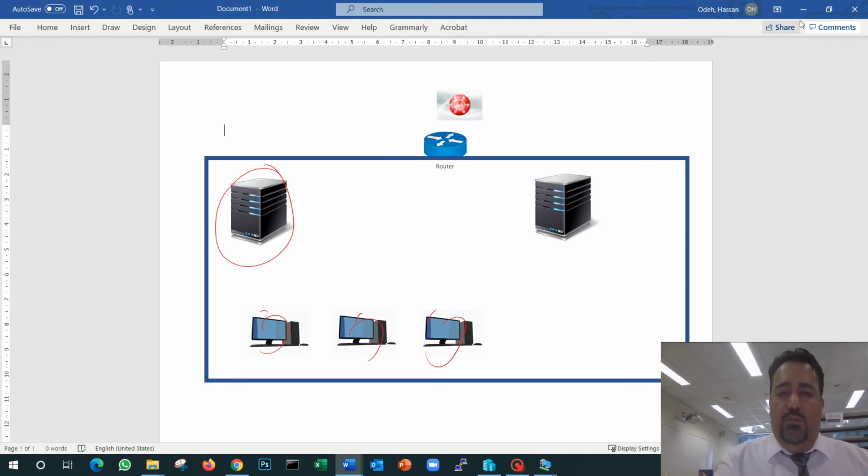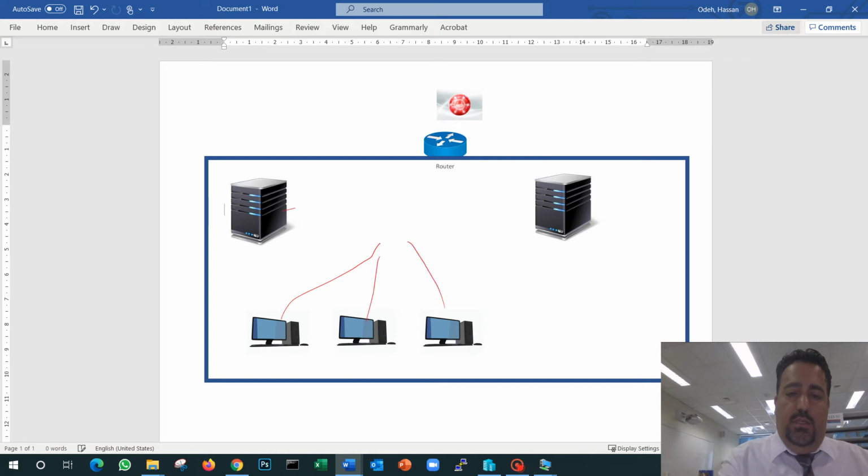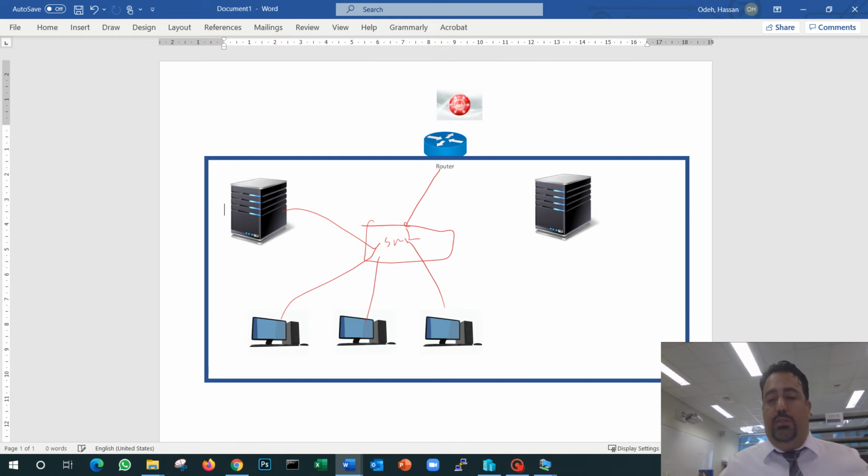And then we have the router and the internet that the internet companies such as Ooredoo are going to install in my office. And there is another server that is coming in a few weeks. So now we'll talk about the first server. We'll talk about the other server later on. So this is how in general our network will look. Good. Now these PCs and this server are connected to a network switch, and that network switch is connected to my router. So this is how my network will look.